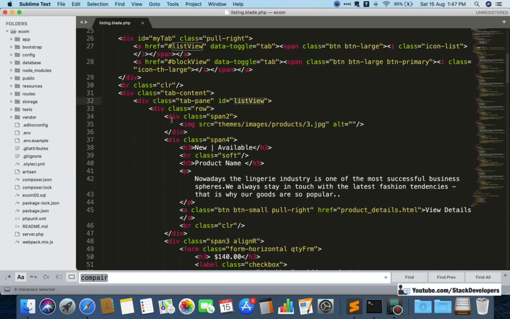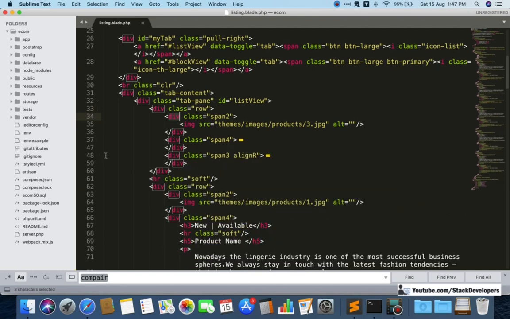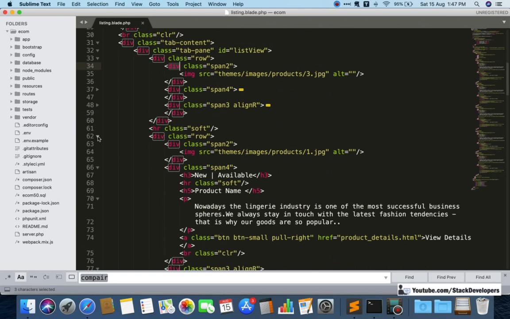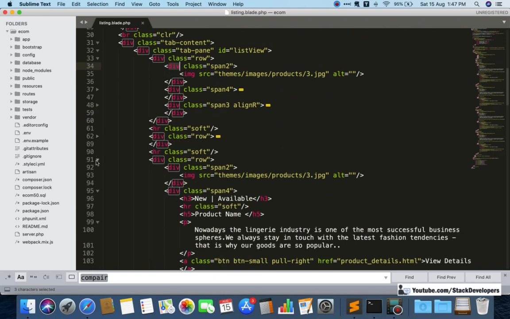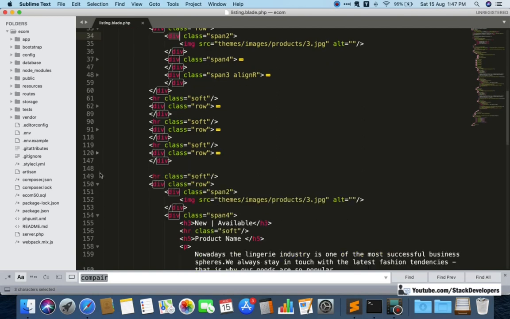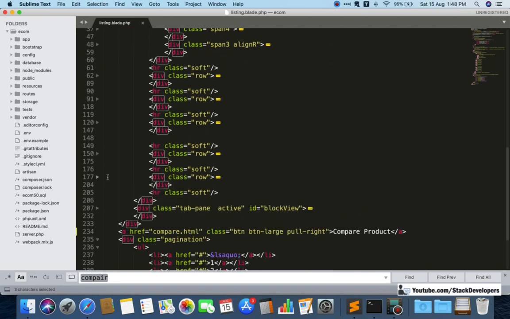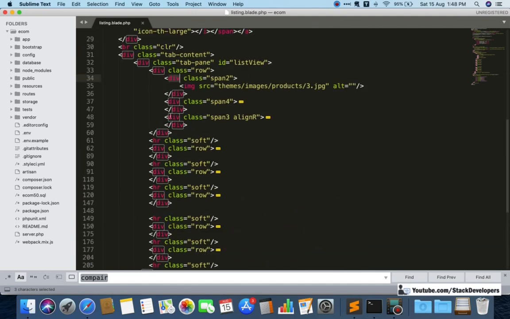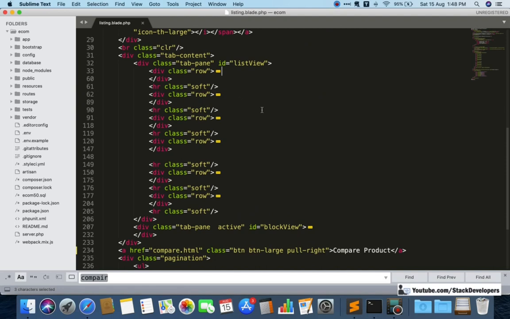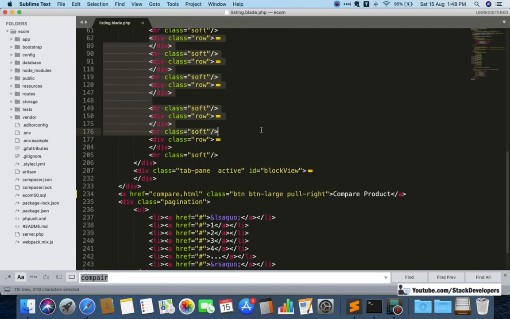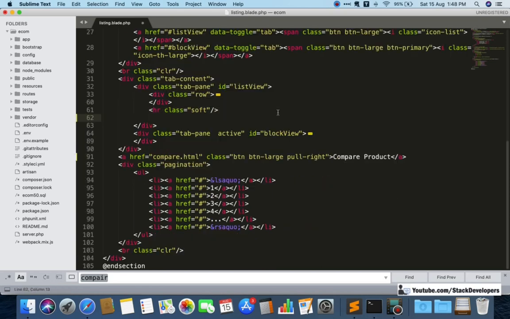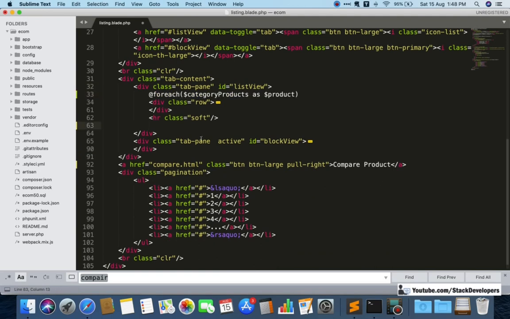This is the other view, the list view. First we need to check where our div is repeating. So this one, it seems to be this one. We can see that this div is repeating again and again, and here we can add it. I am going to leave one, and I can remove all the other divs. One I will keep, and I will add the foreach loop at the beginning, and I will end the foreach loop here.